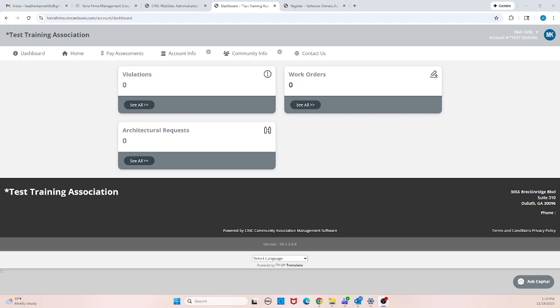I would love to show you how to switch between two different properties, but first, how to link your properties. Each property in Cinc will have its own account, and what you're looking at now is just a training community. This dashboard will look a little different than yours, but you'll be able to see how you link your accounts so that you can toggle between them to set